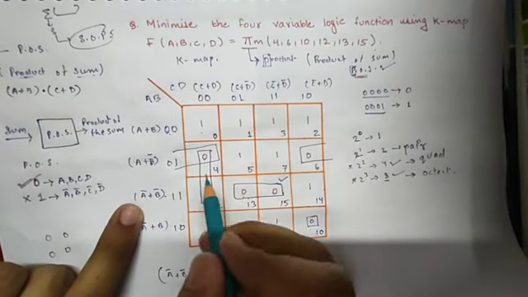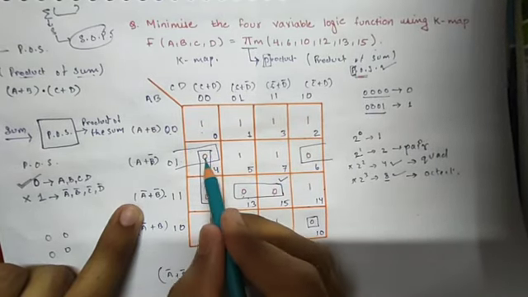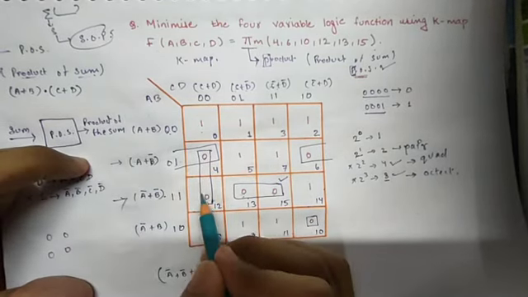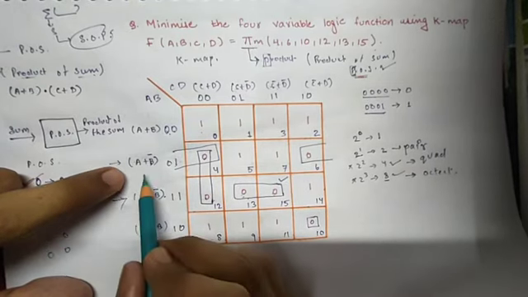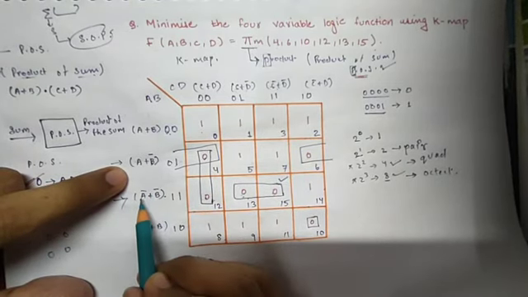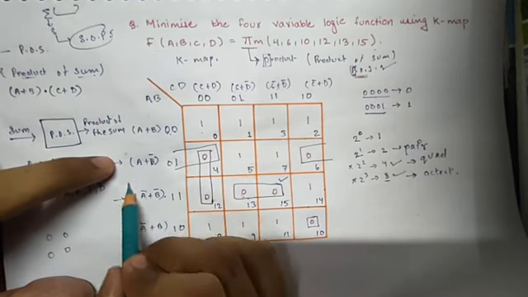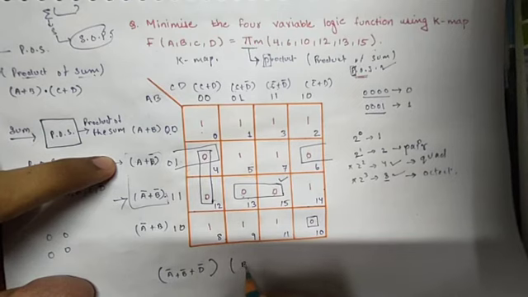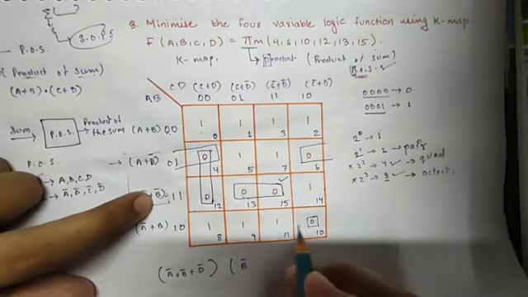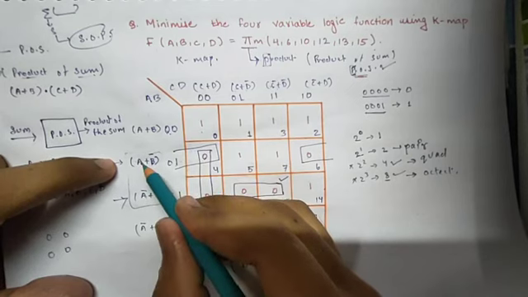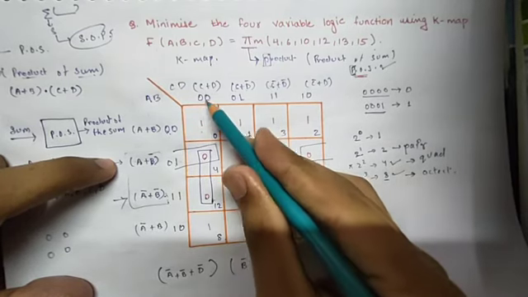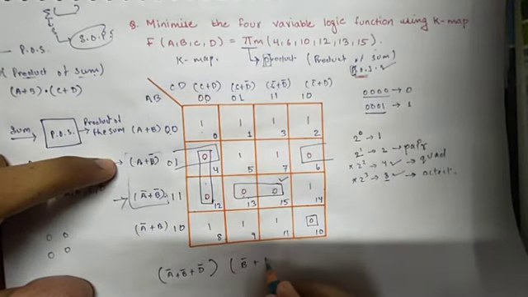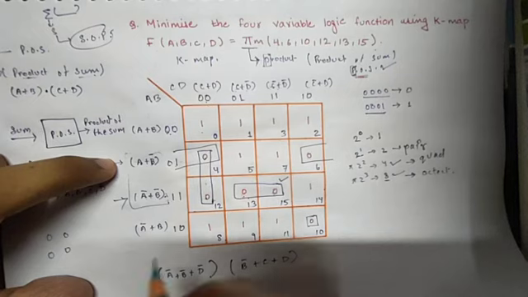So let's move on to this pair. For this we first have to see the rows in which these 2 zeros belong. What is the address of these 2 rows? A plus B bar and A bar plus B bar. What is common between these 2? You can see B bar is common, so we will write B bar. A is not common, here it is A, here it is A bar. Now we will see the column address. Both contain the same address, C plus D, so we will write here C plus D. Now we are done with the second pair.